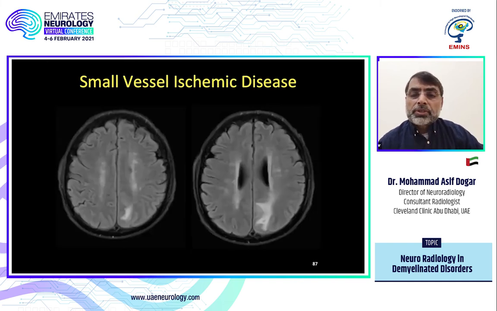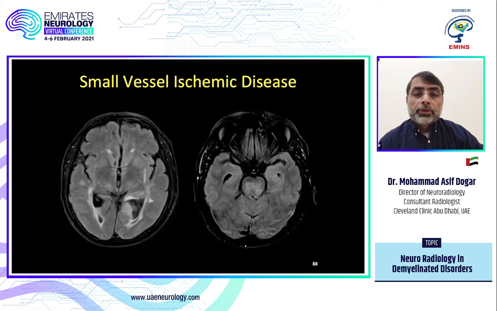Here's another one, small vessels. We see so many lesions. Some are periventricular, some are larger lesions. This looks like an almost typical lesion of MS, but if you go to the temporal lobe, these are not involved. Another thing is that the pons is usually involved in small vessel disease, but the lesion is in the center of the pons.